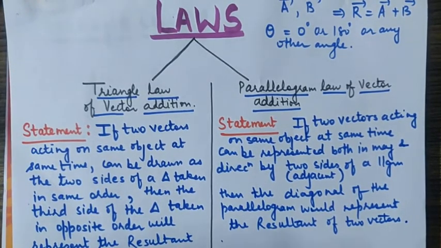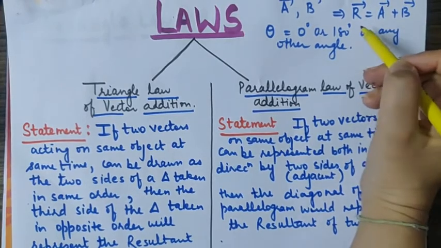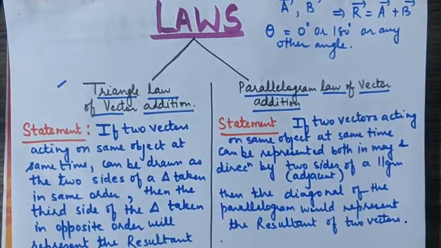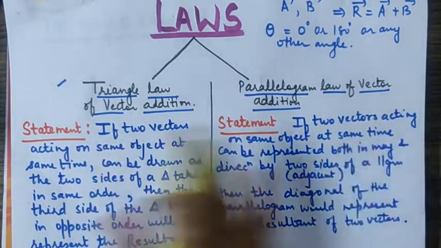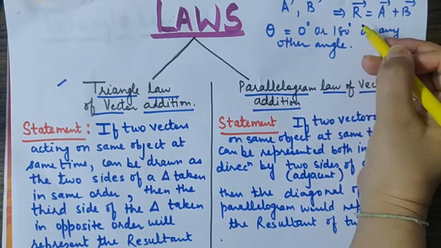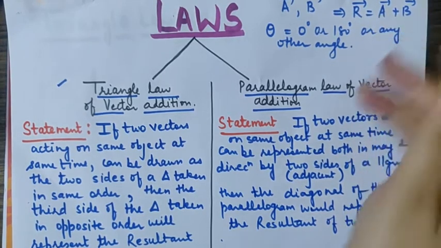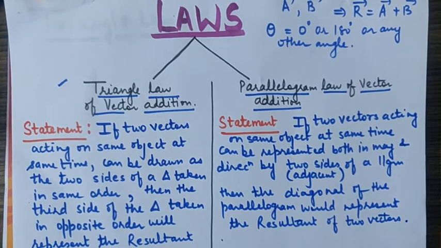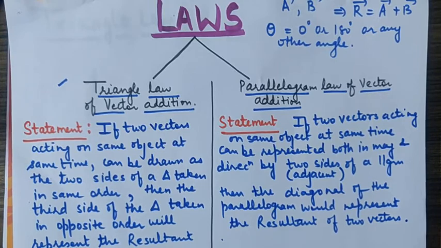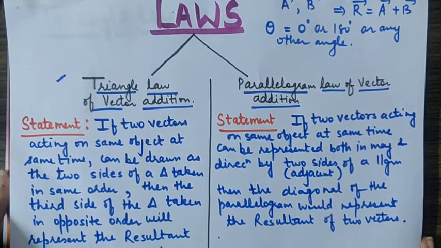You can use any one of these laws, and mind it, we'll be doing the analytical treatment of both the laws. They are important for your exam purpose also, and the resultant that we'll be finding will be both in magnitude and direction, meaning our answer will represent the resultant both in magnitude and direction. That means you can find out what the magnitude of the resultant is, and where the resultant is, what its direction is, using these two laws.